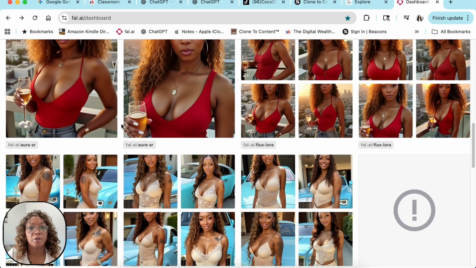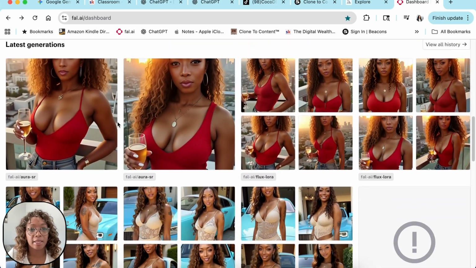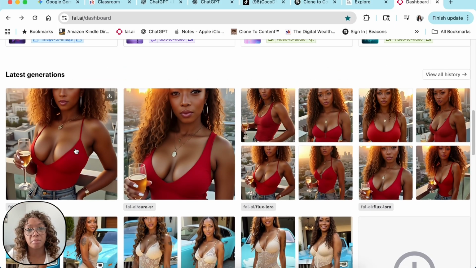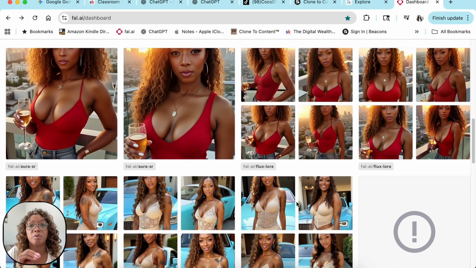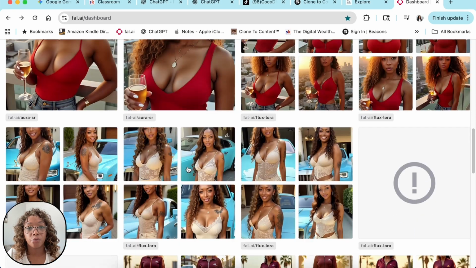All right. Okay, here we go. So this is my dashboard. Like I said, it's called the playground. I basically just use this to come up with my pictures that look like me, okay? I generate the pictures that look like me and put her in whatever scenario. This one I said, I just want to be on the rooftop with a glass of champagne overlooking the city at golden hour. And this is what I got. And these are some beautiful pictures. So now I can take each and every one of these, or whichever ones I pick, and turn it into a reel. I can turn it into a motion reel.